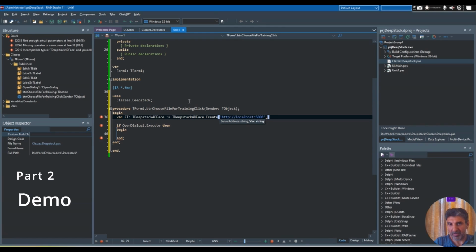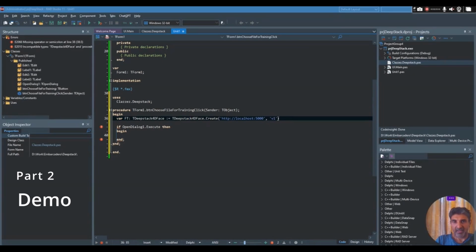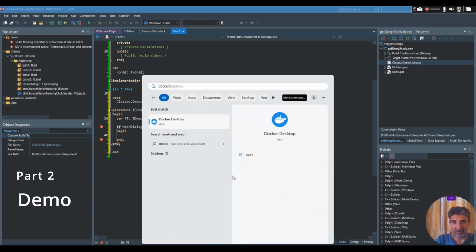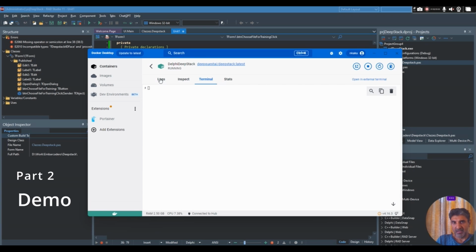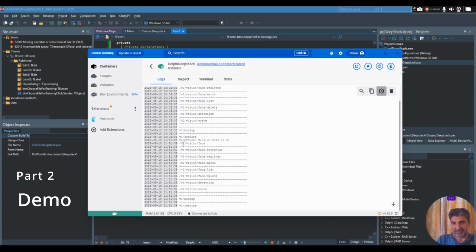So I'm going to go ahead and put the port, and also put what version. In my case, we have used version 1. Now, if you are not sure, we can reconfirm. I'll go ahead and open my containers, and you can see that we had created this container Deepstack, and I'm going to go ahead and run it. And the moment I run it, I can open in terminal,